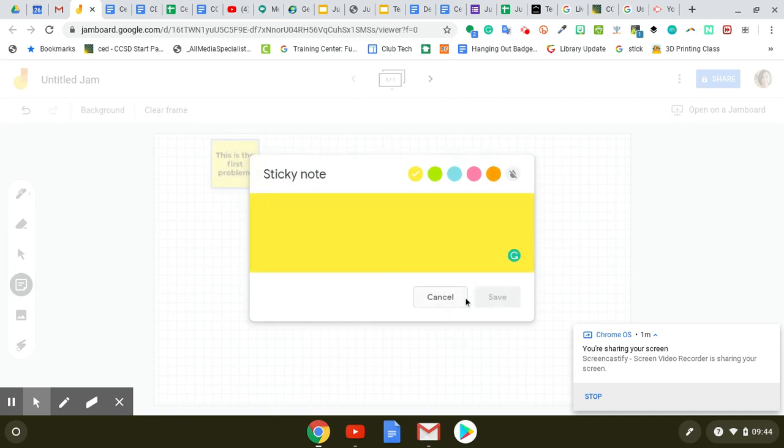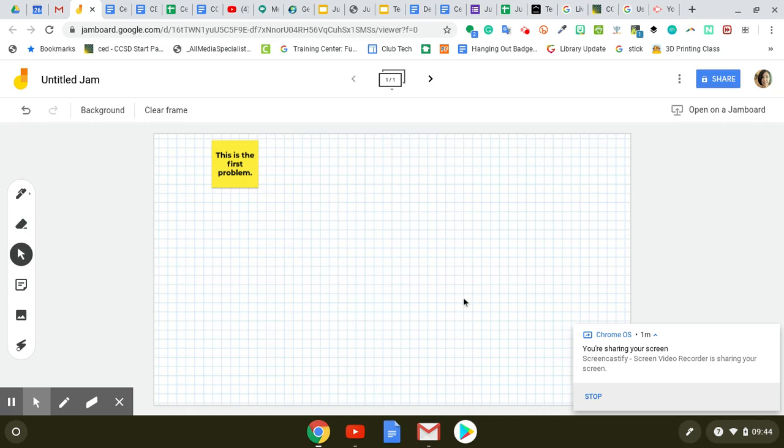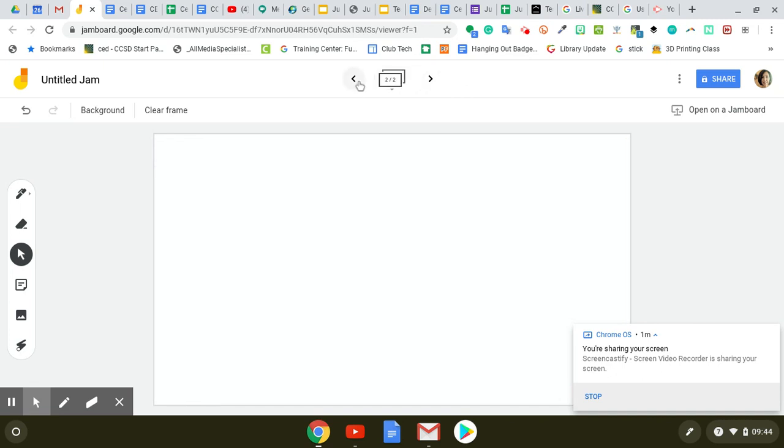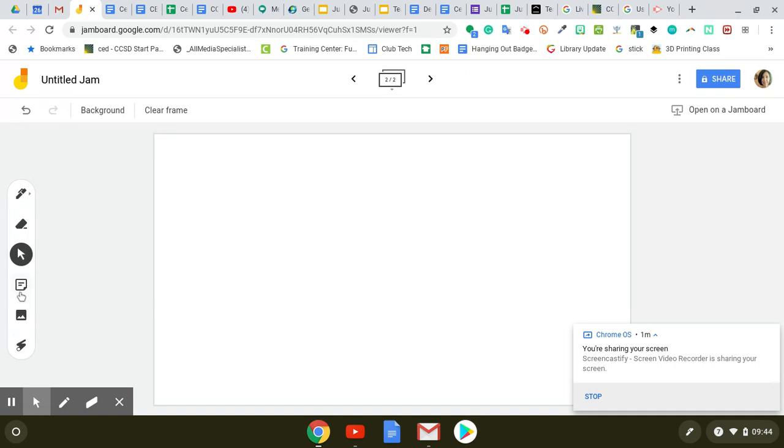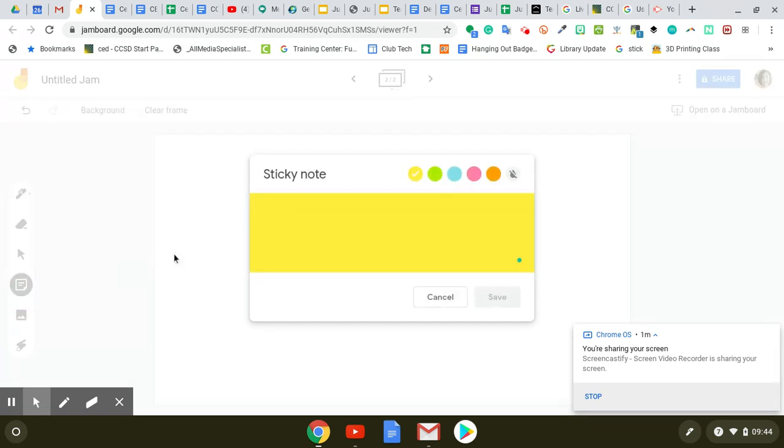So the way that I've seen it used that I thought was particularly effective is the math teacher used the first slide to do the I do. They explained how to do a particular problem. And then on the other slides, and I think you can have up to 22, they had dropped in problems for different groups. So here's a group,